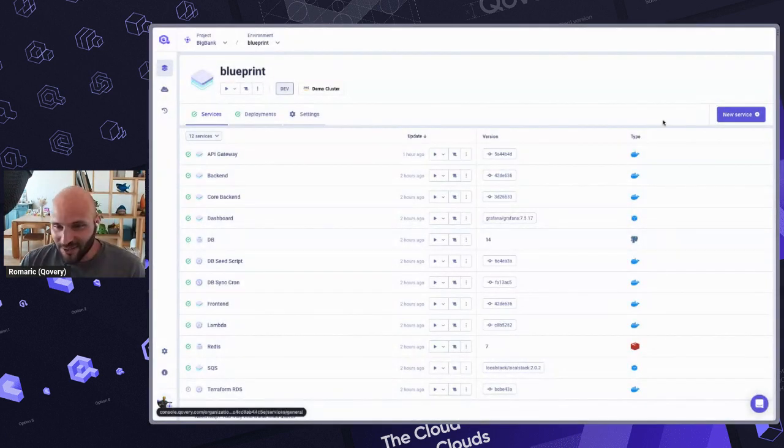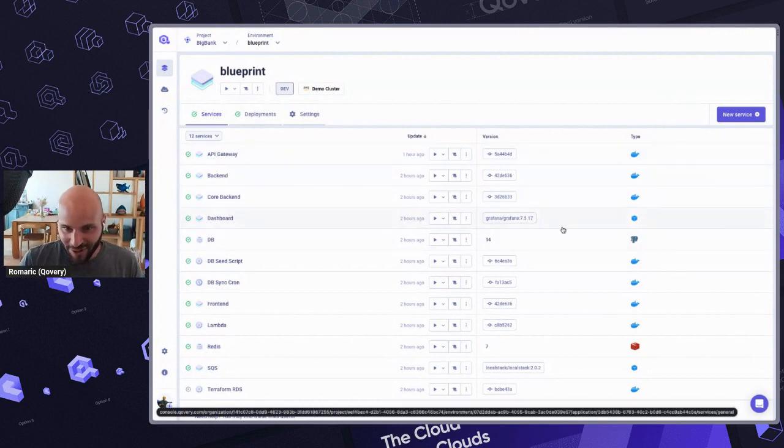Okay, so here's the Qovery web interface. As I mentioned, we have different interfaces, but I will just focus on this one that is very visual. You can manage with Terraform, CLI, the API. You can do it programmatically if you want. We have customers doing that. It's great. I just want to cover part one, which is the installation of Qovery